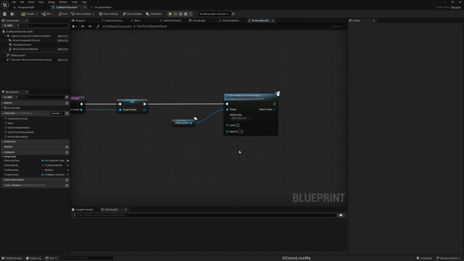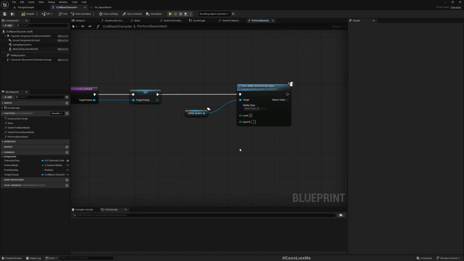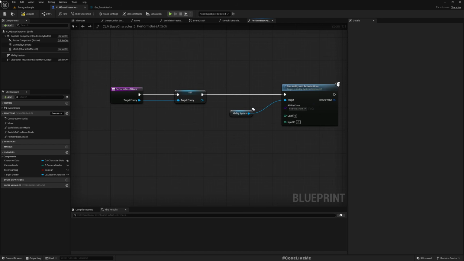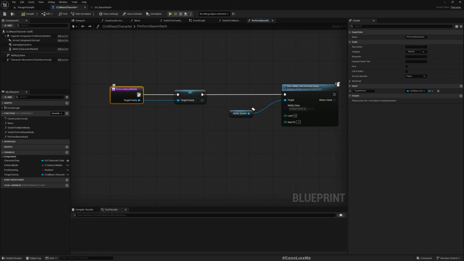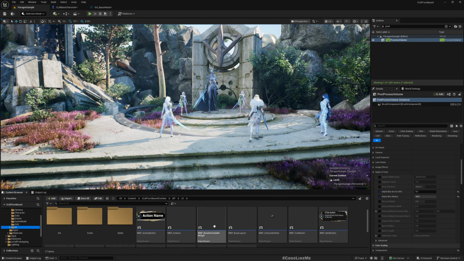So I'll use this method, but based on the character's progress, all those things, this might change what abilities are granted to the player character. There are many things to that, but right now I need a way to activate this and see if it's working. Now I'll call this perform base attack from my UI